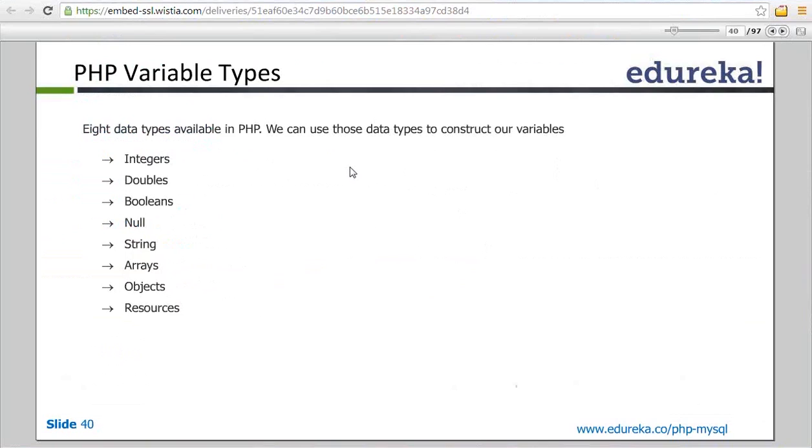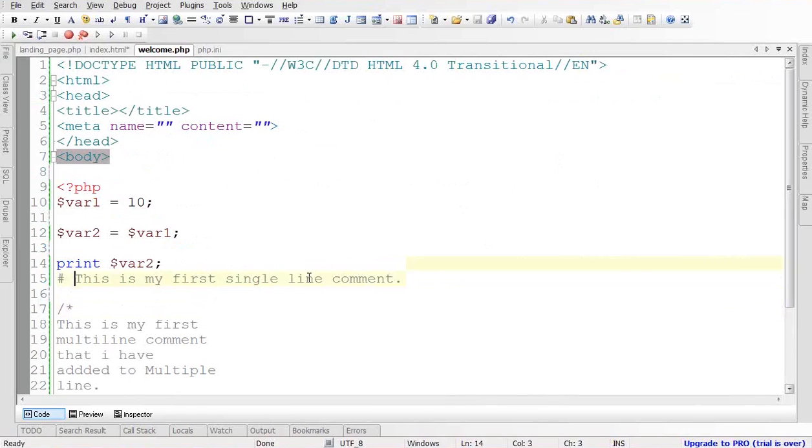Now, PHP variable types. Yesterday we discussed the number of variable types in PHP. These are integers, and doubles. Double simply means float type. Booleans, Boolean simply means 0 or 1. Null value, strings. Strings can be like this. If I write